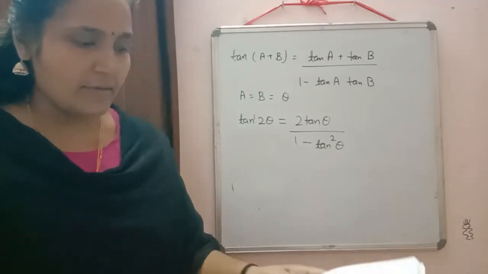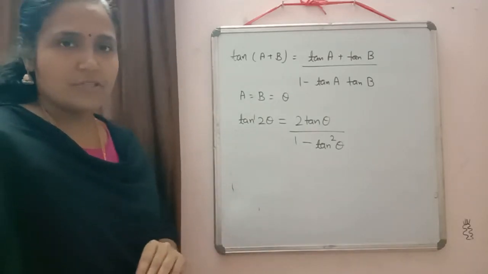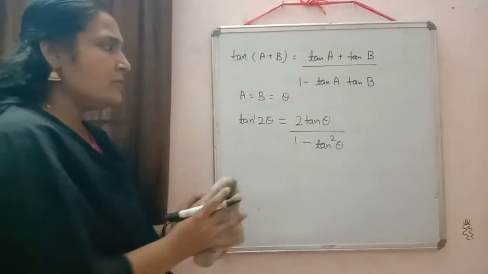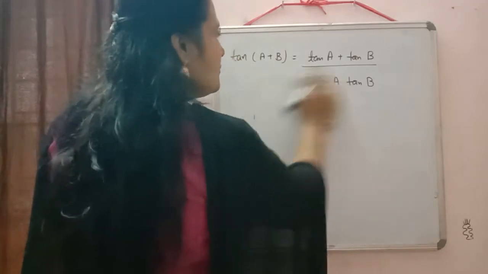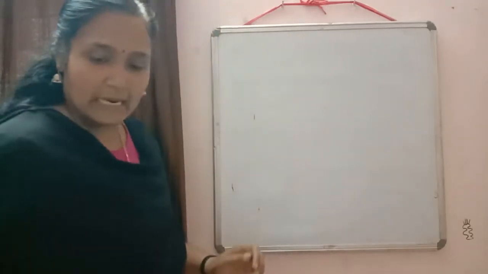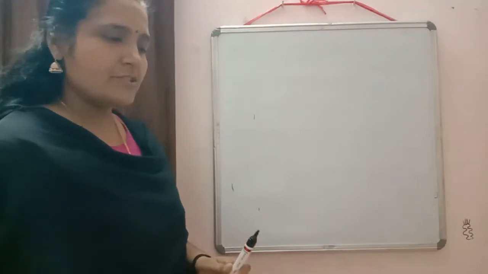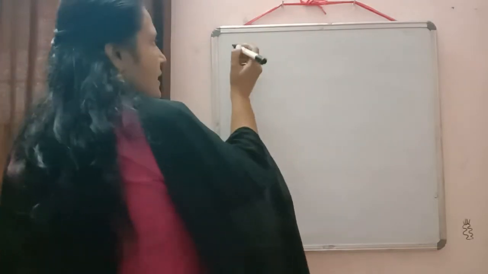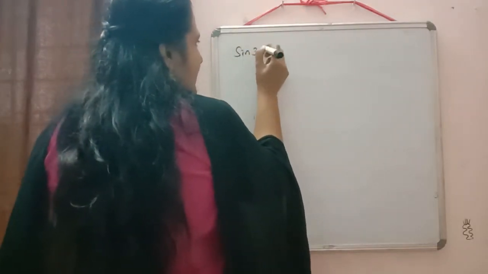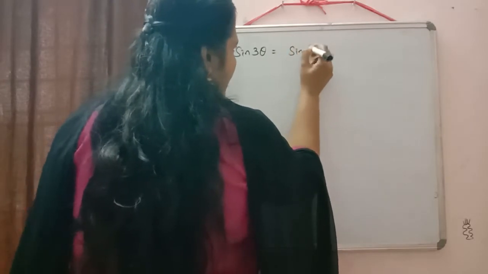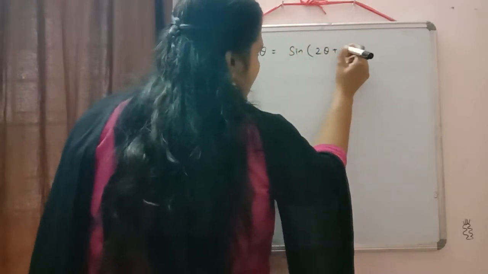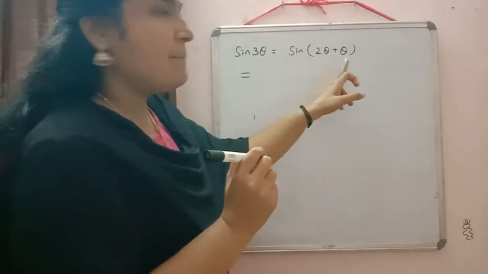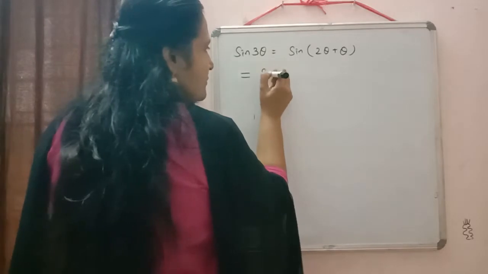Again I am saying learn the formulas when we are doing the questions. Okay. And then some more formulas we derived there. I am giving you the derivation also so that suppose you forgot the formula, at least you can derive the formula. Okay. Next formula is for sin 3 theta there. So once again we will write the formula. Sin 3 theta is equal to 3 theta can be written as sin 2 theta plus theta. So here we can use the formula of sin A plus B. So that will be equal to sin A.